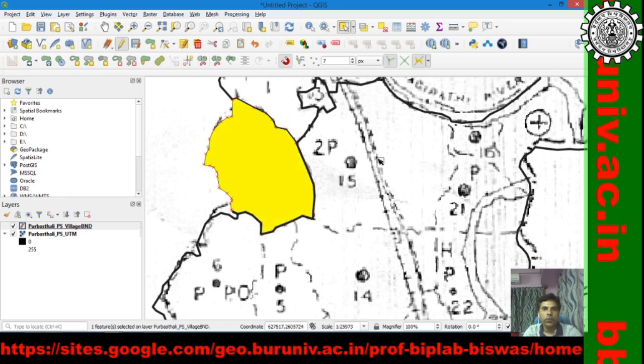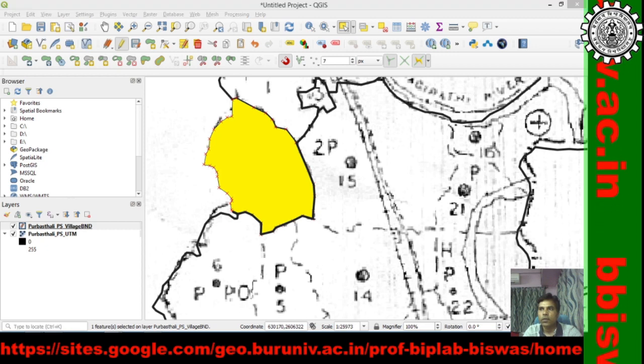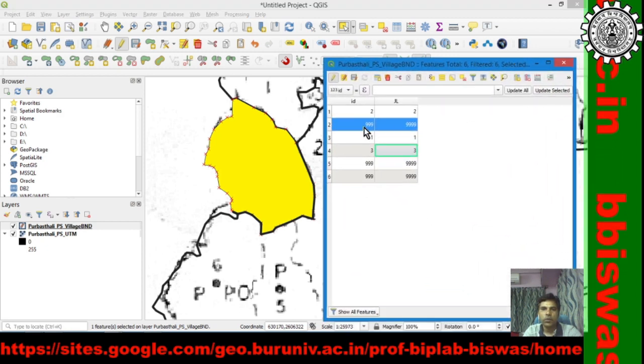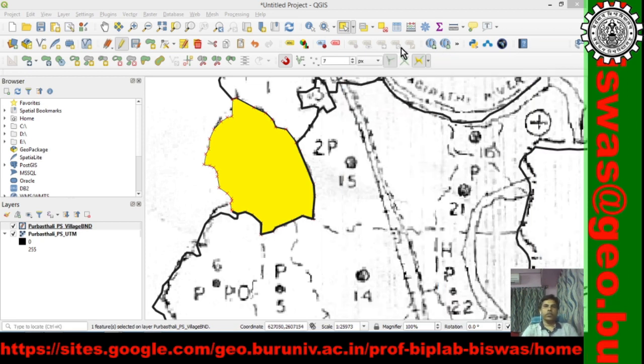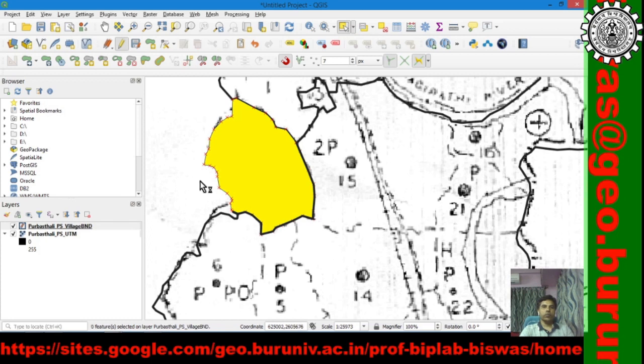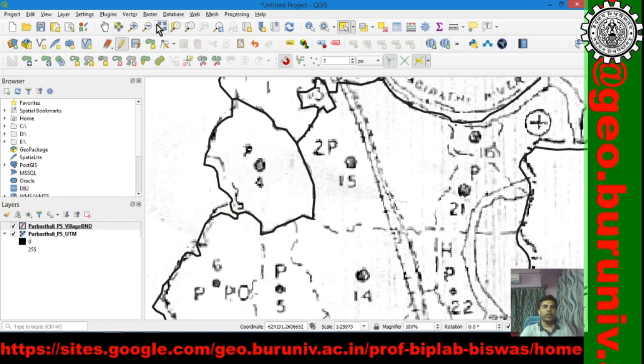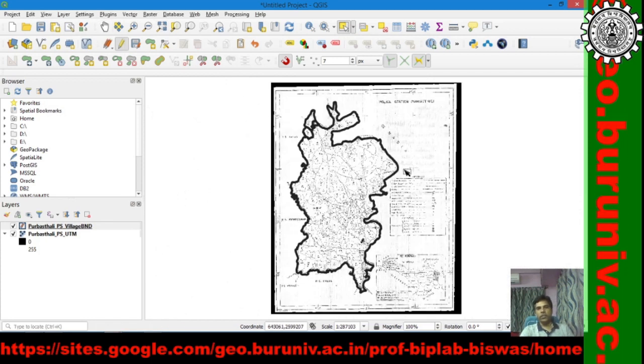So, again 4, and we must do this 4. So, in that way we can finish splitting the boundary layer of all the villages, and we can finish the digitization of all the villages with GL number.